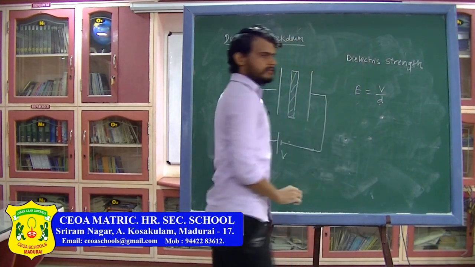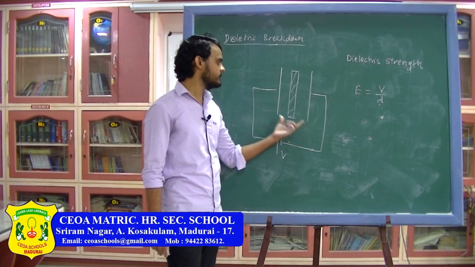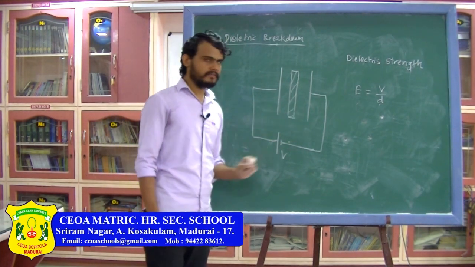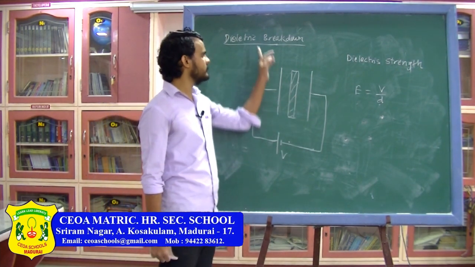We will write the definition of these things. You can just understand the concept here. You are increasing the potential, so when you are increasing the potential, the electric field is also increasing. If the electric field is very high, the dielectric can become a conductor, and this situation is called dielectric